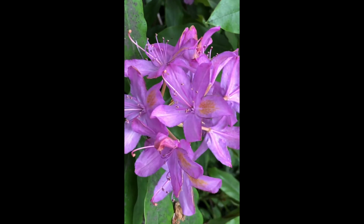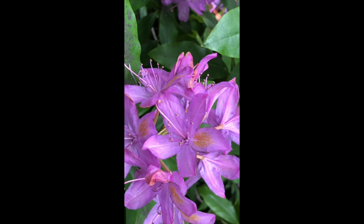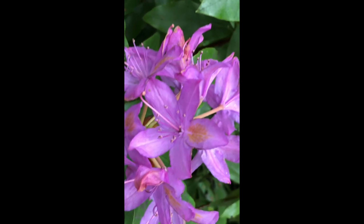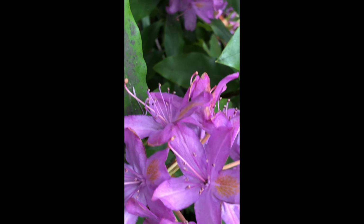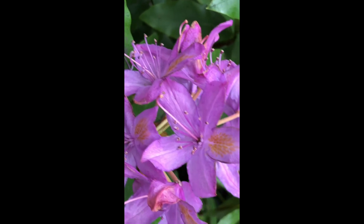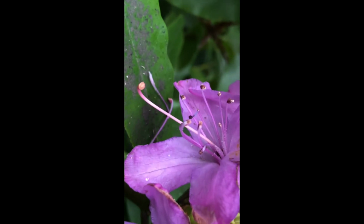But on top of that, they produce a fungus that is toxic to anything else but rhododendrons, and so even if you were to clear it away, you couldn't plant it immediately with native species, because according to David Attenborough, the topsoil remains poisonous for another 7 years, in which time it could grow back. So getting rid of it is a very difficult thing to do, but you can at least make out the